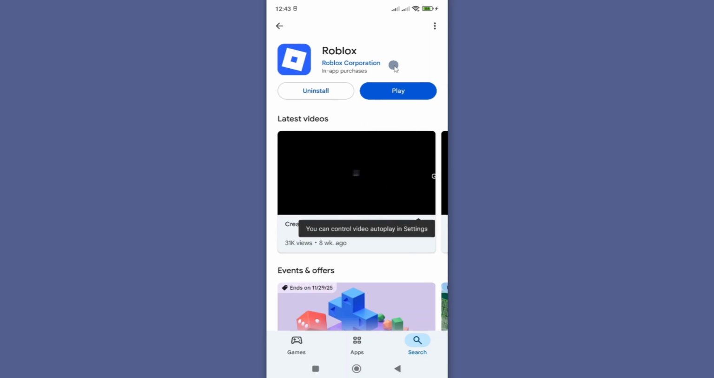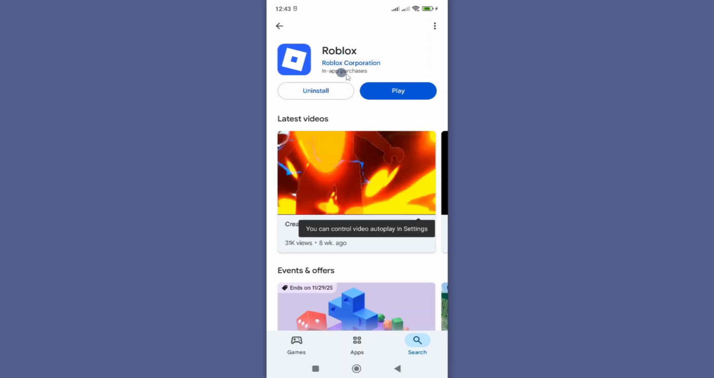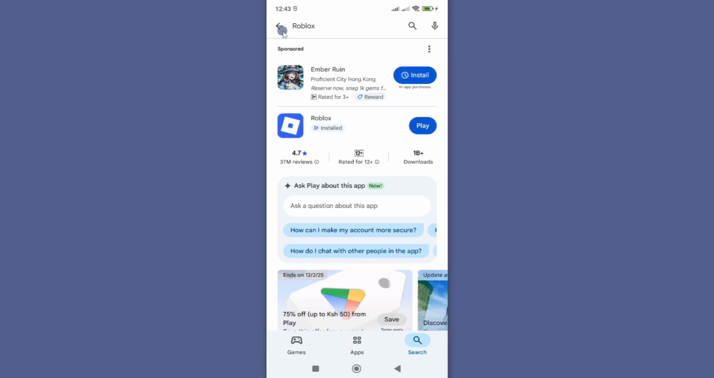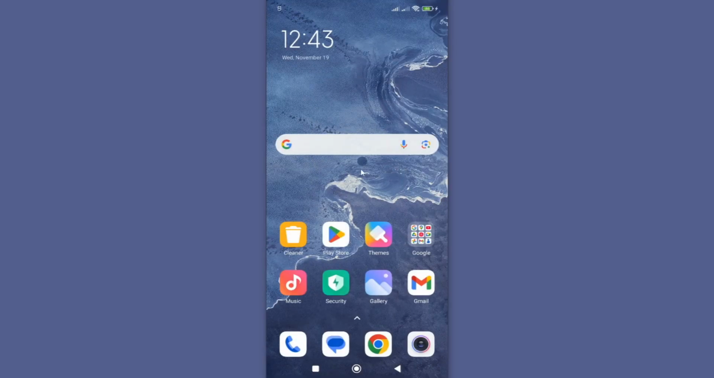But should you still experience any glitch, now you may want to uninstall the app completely and then install it afresh. So by using any of these methods, you should be able to resolve any issue related to your camera